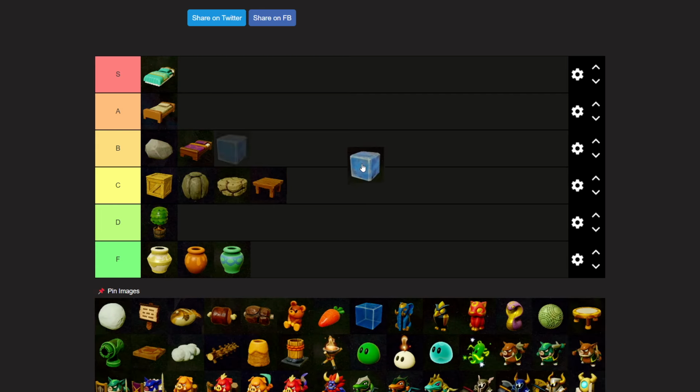Alright, next is ice. It's used in some puzzles, I guess. But besides that, it's just kind of a cube. And you get it pretty late on. So I'm gonna put it...